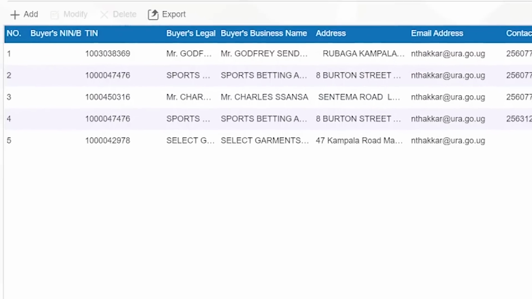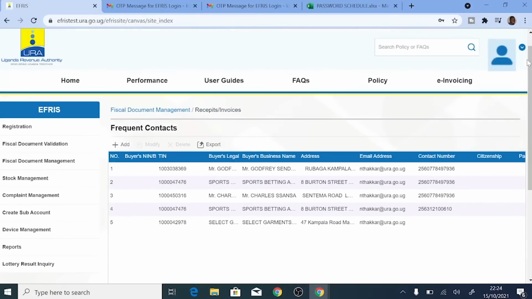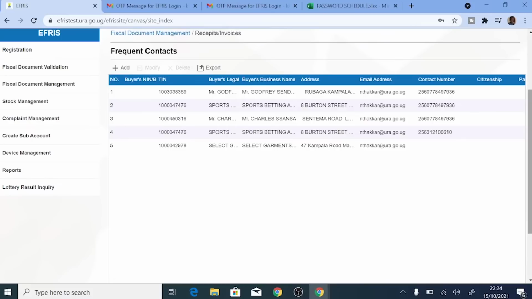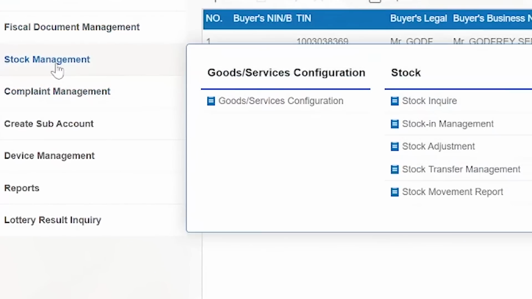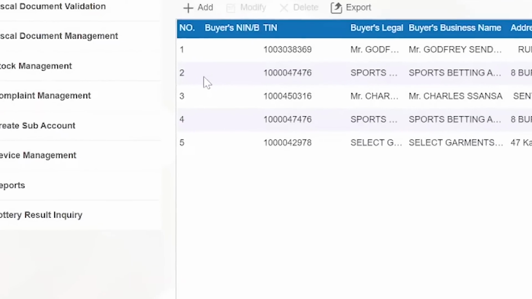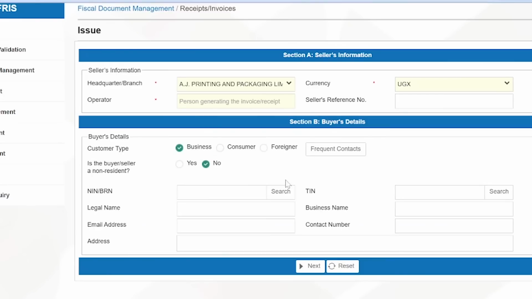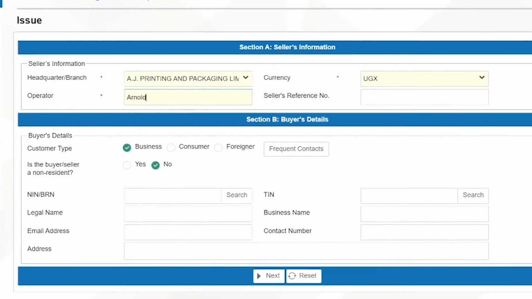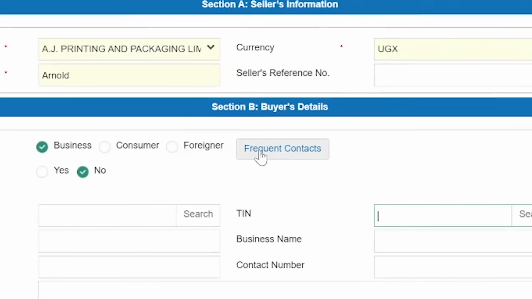So how do you get to use this frequent contact? Like I said earlier, you use this frequent contact list at the point you're issuing the invoice. So it means when I'm going to issue the invoice, this is how it will help me save time. I'll come to Fiscal Document Management, and click Issue. So when I'm going to issue an invoice, like you can see, of course, here I'll put my name. So now, here, instead of filling in the TIN, I'll simply come here and click on Frequent